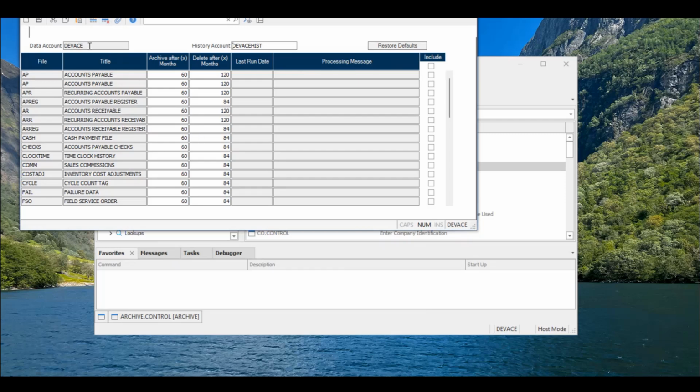So I'm in the account DevAce. If you don't have a history account already, it's going to put one here, and on save, it's going to create it for you. That way you don't have to do anything too manual here. And then